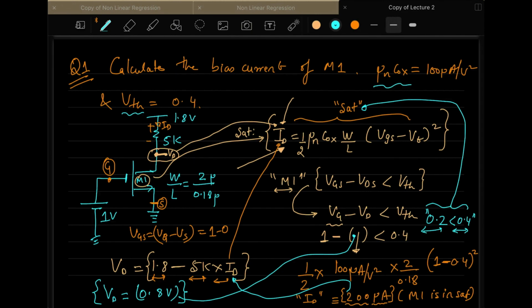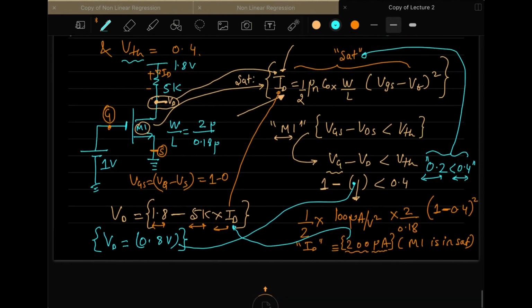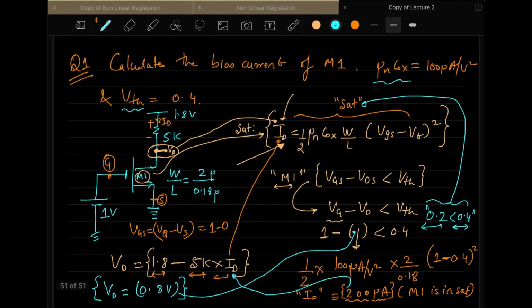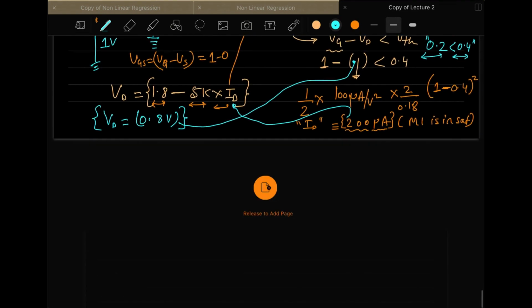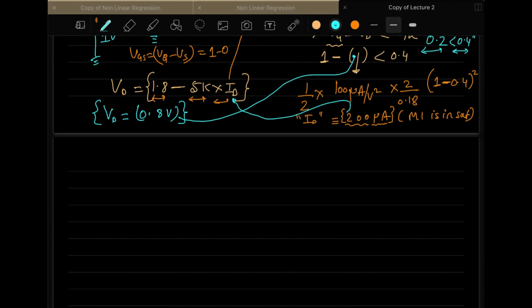So any questions here, any doubt regarding this calculation? If you have, then let me know. Otherwise, we will discuss something else. Okay, so if there is no question, then the second part of this question is